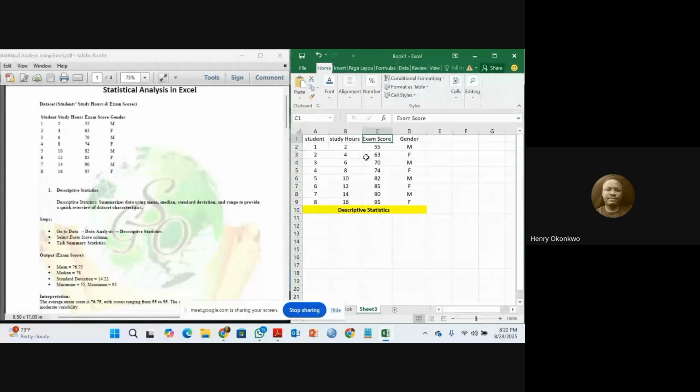From there, we'll find out the mean, the median, the standard deviation and the range. Excel can do that for us. So how do we do that? You just go to your data. When you go to your data, you see